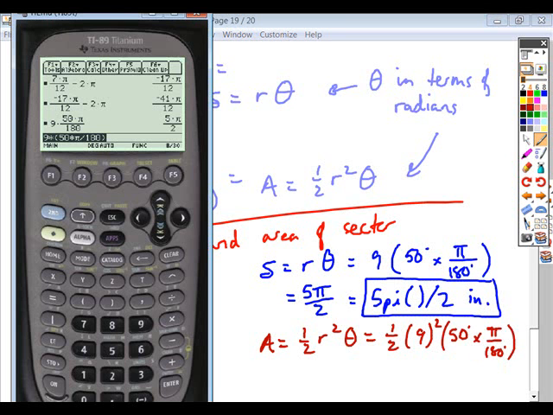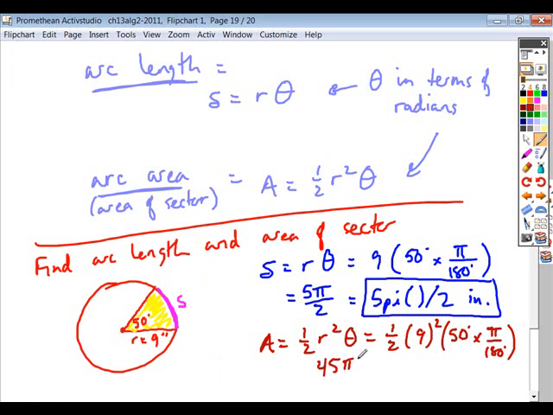And so if we calculate this, 1/2 times 9 squared times the quantity 50 times pi over 180, close it off, and we get 45 pi over 4,